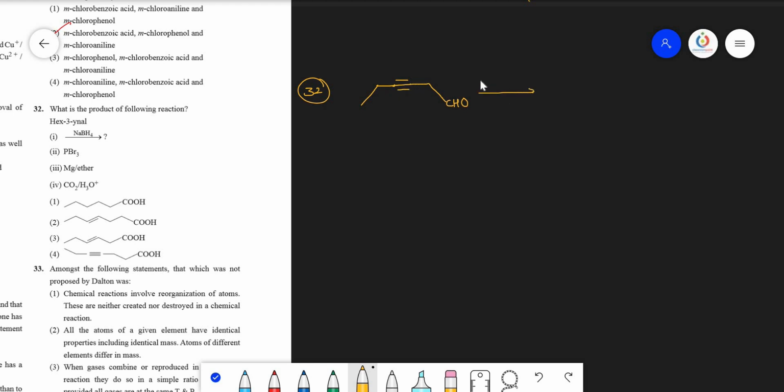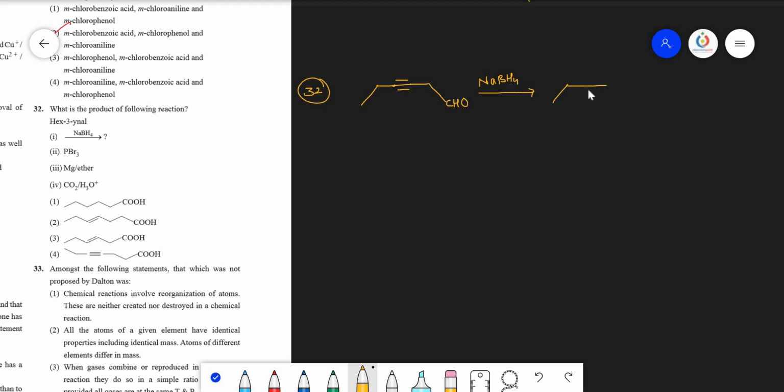So it is subjected to NaBH4. I have made a video based on the reagents lithium aluminum hydride and sodium borohydride. I will put it in the cards. Watch that video properly and you will get a complete idea of NaBH4 and lithium aluminum hydride. Sodium borohydride is a reagent which only reduces this particular aldehyde part, but the unsaturation is unaffected.